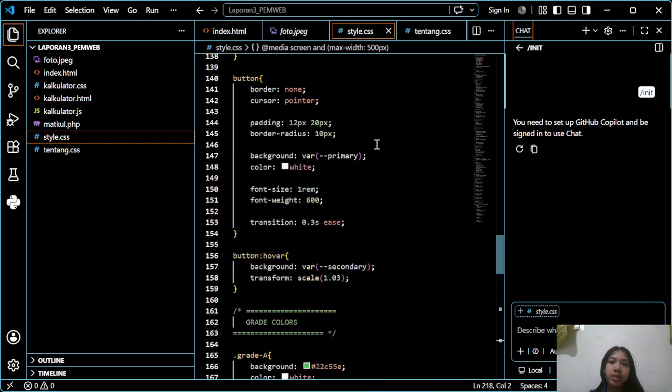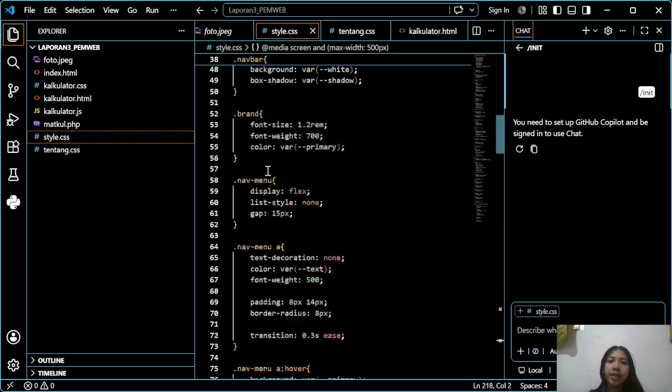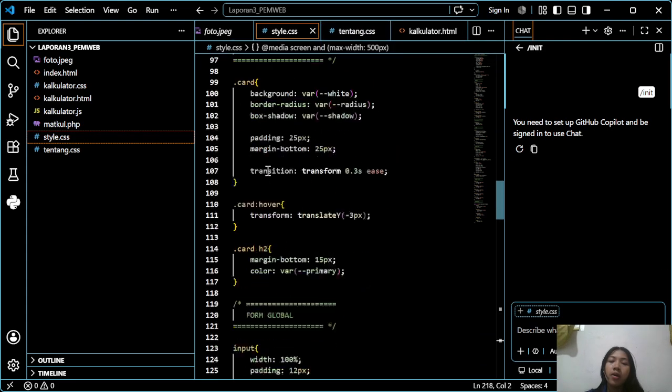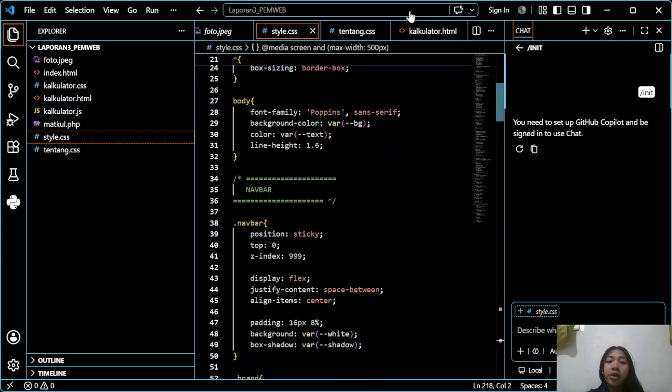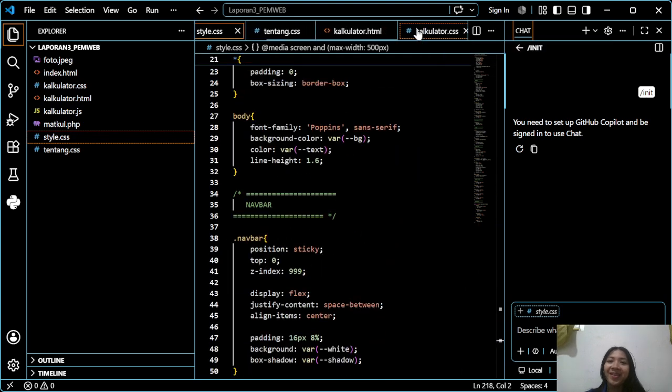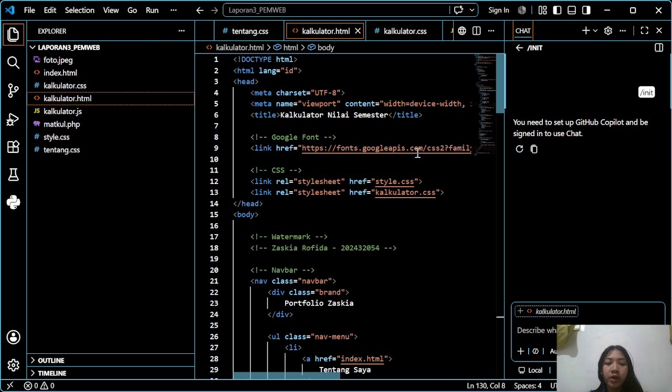This is the CSS, style.css. The style.css is included in index and calculator. Next, the file calculator.html is used for the semester grade calculator page.